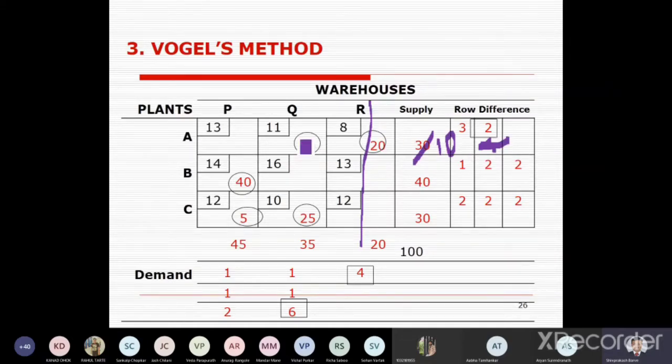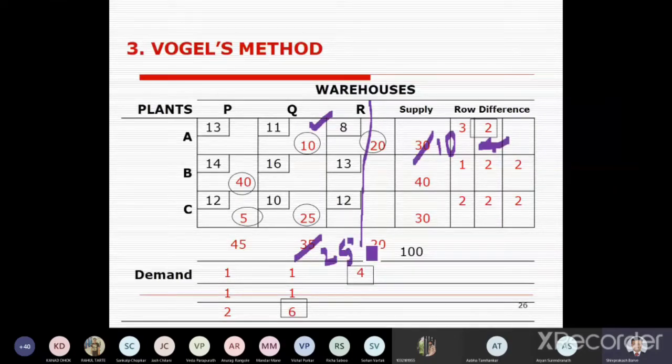So here in this row, find out which is the minimum cost. So 11 is the minimum cost, so I came here, that is at cell AQ. At AQ, now I have to allocate the cell. So check which of supply and demand is minimum. Here it is 35, here it is 10. So I have allocated 10 because 10 is the minimum, and out of this 35, 25 is remaining for